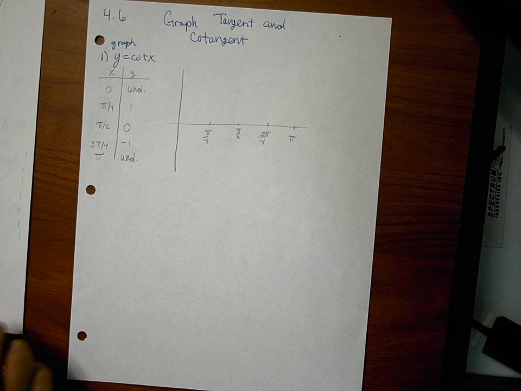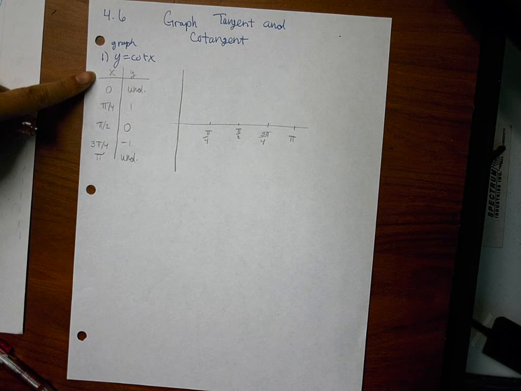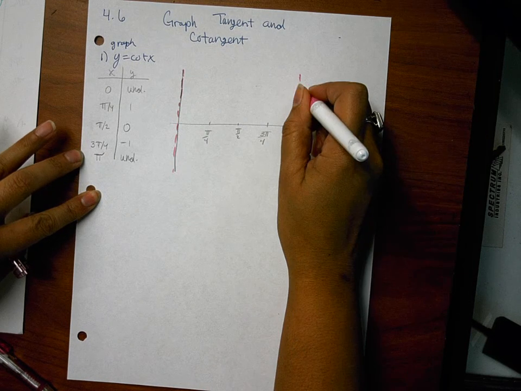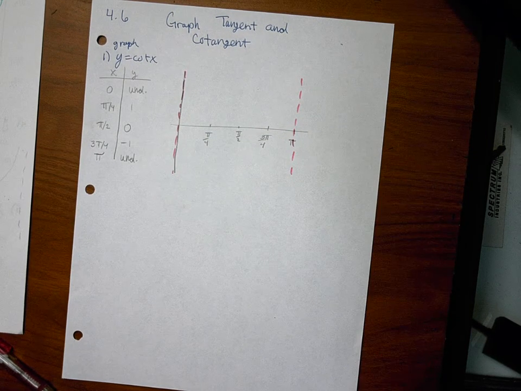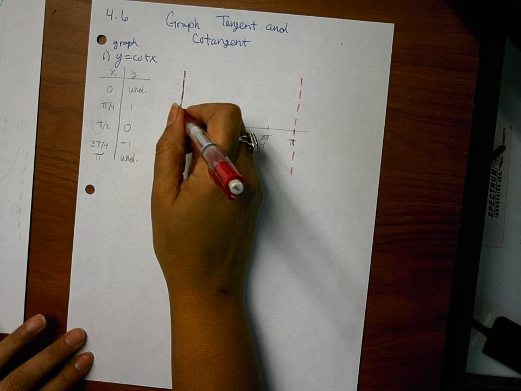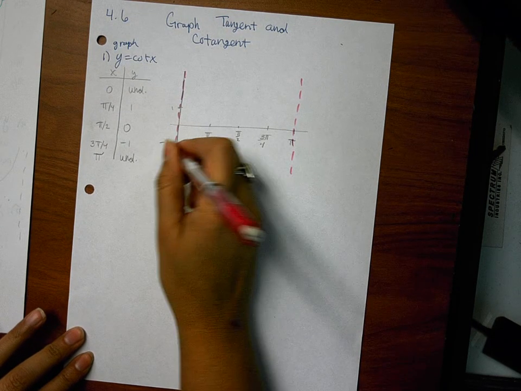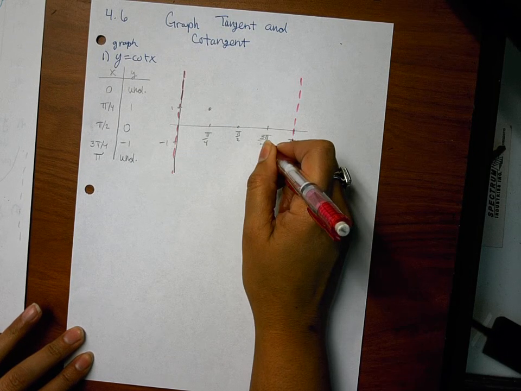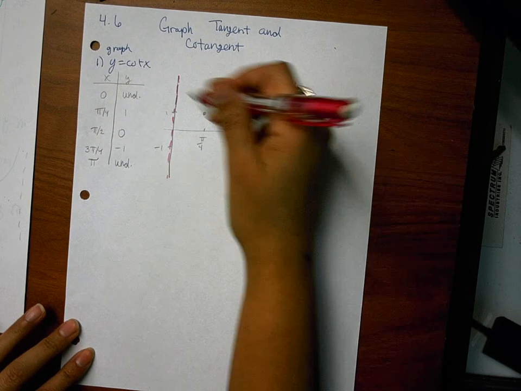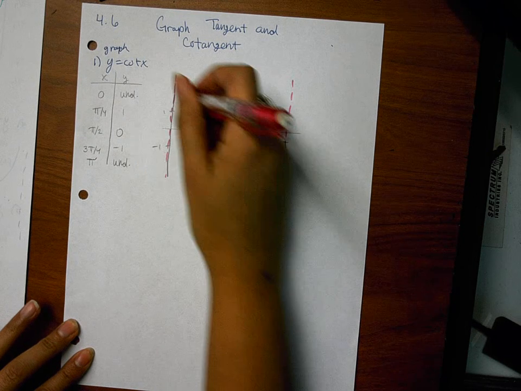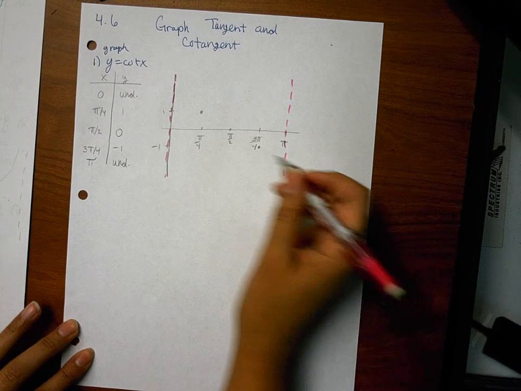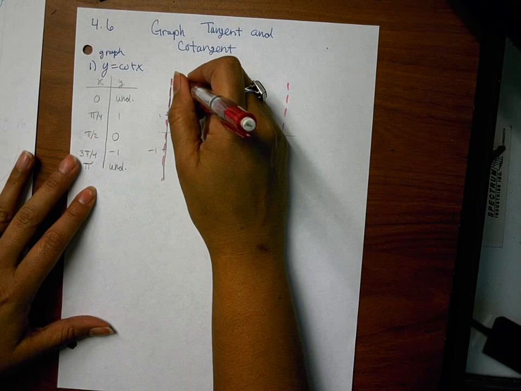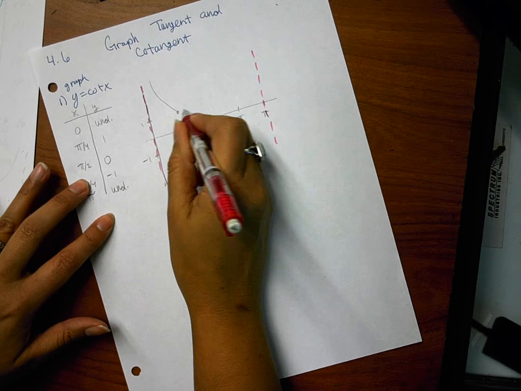All right, now my start and my end are both undefined. My start is 0. My end is pi. Pi over 4 is 1. Pi over 2 is 0, and 3 pi over 4 is -1. Now we know enough about asymptotes that this graph is not going to be a straight linear graph going all the way through, because it can't touch those asymptotes. So what the graph ends up looking like, it actually curves like so,